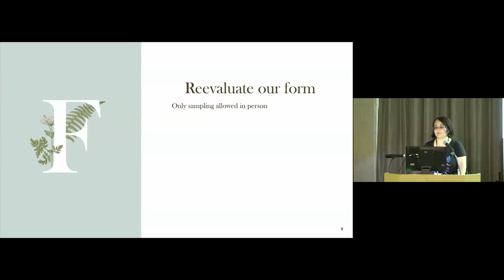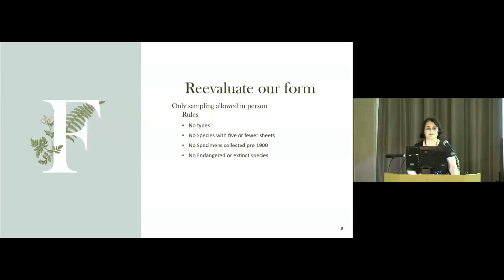And if they can't find the specimen they asked for, then we can suggest something else. We also have a bunch of rules. So no types, no sampling of species with 5 or fewer sheets, no specimens collected pre-1900, no endangered or extinct specimens. These 4 rules can be changed if a researcher comes with a compelling reason and they have the proof